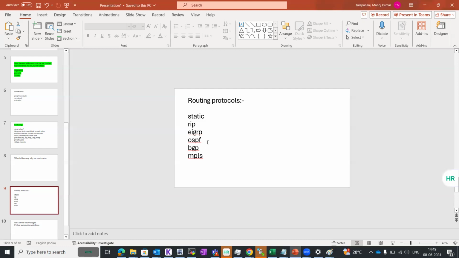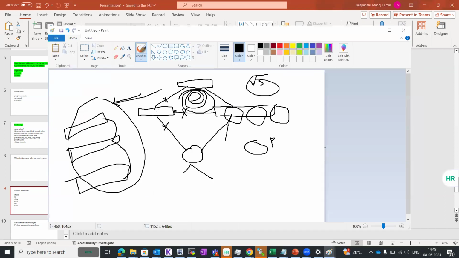But the reason we are using MPLS is traffic engineering. Traffic engineering means if you have two routes between the PE routers, one top and one bottom in the diamond topology, like this. For example, consider this one as one PE router and this is another PE router. If you have two paths, bottom and top,